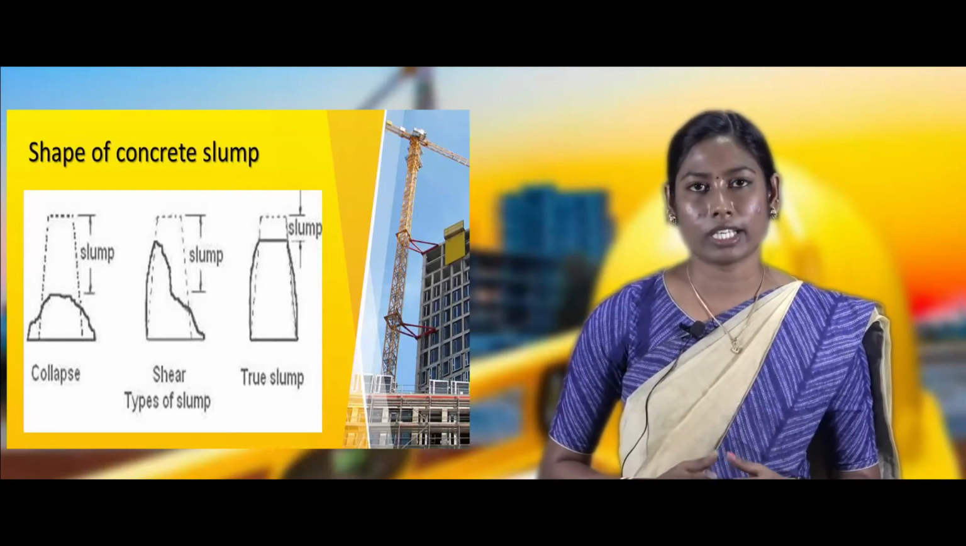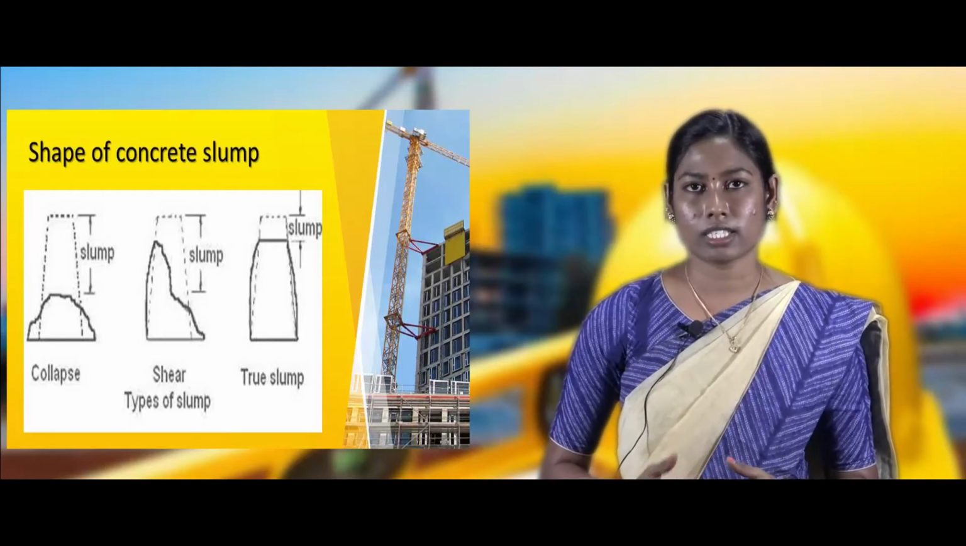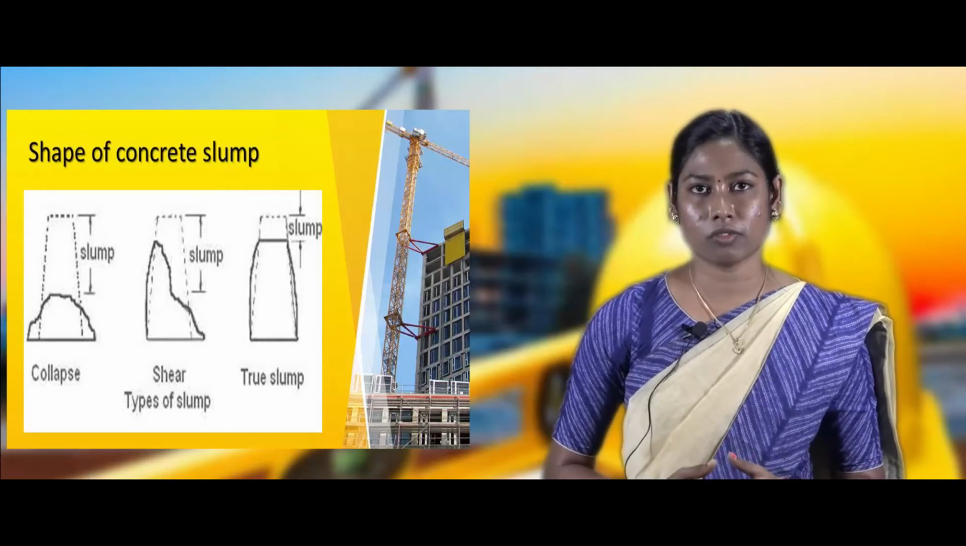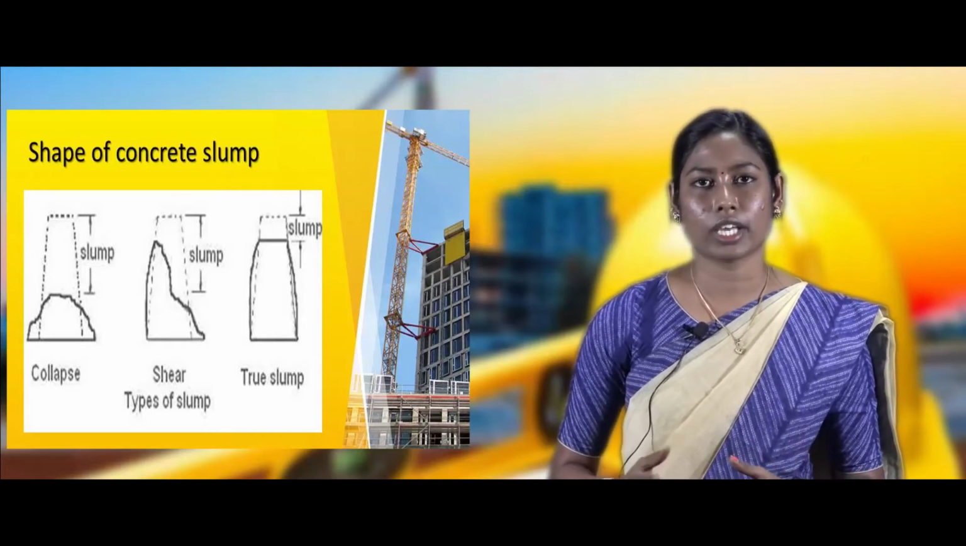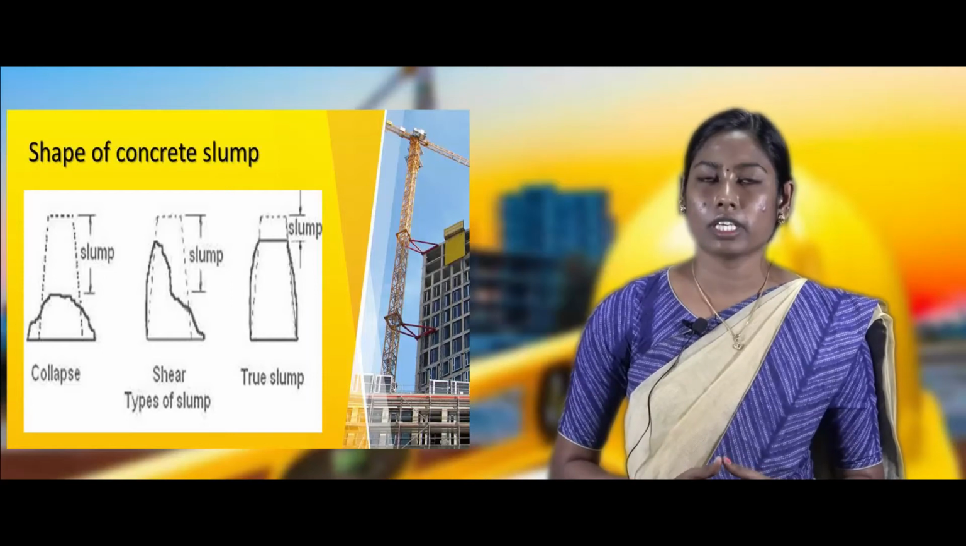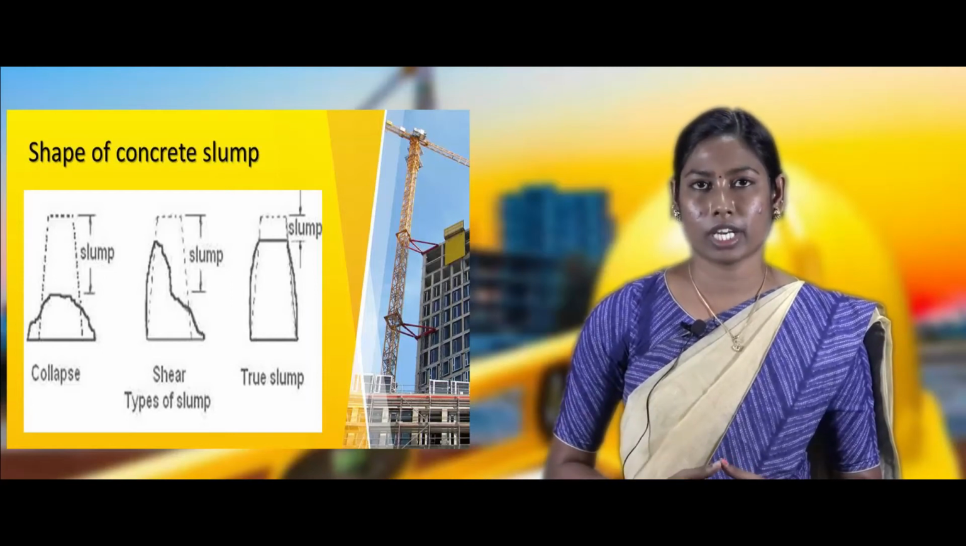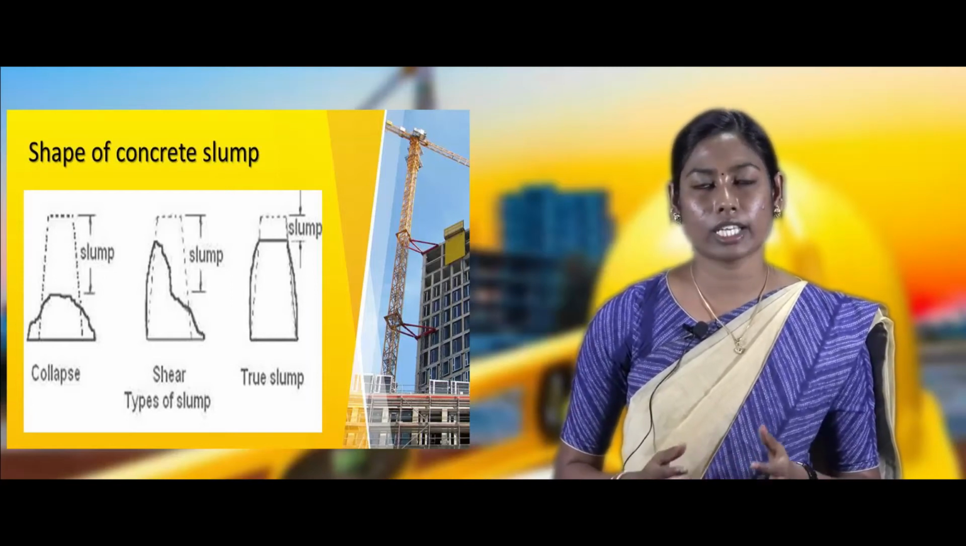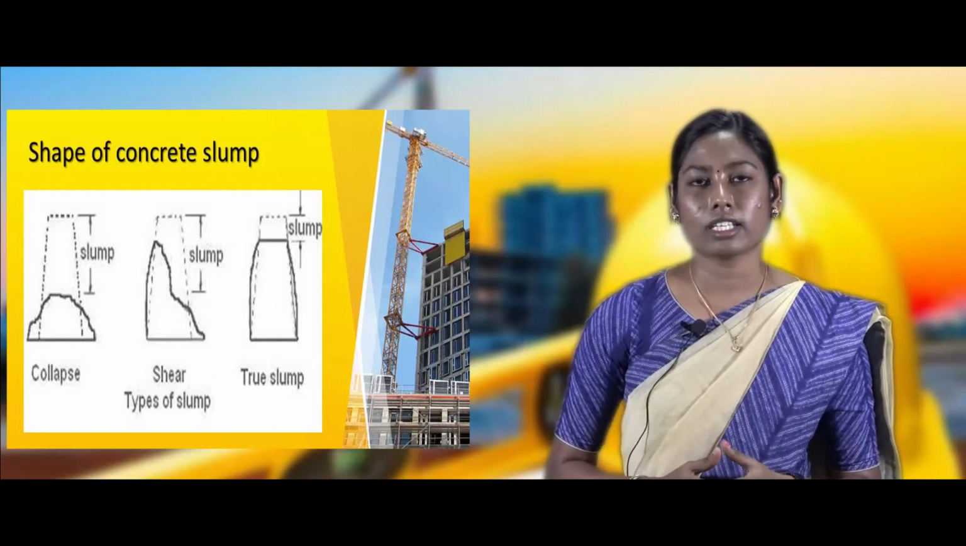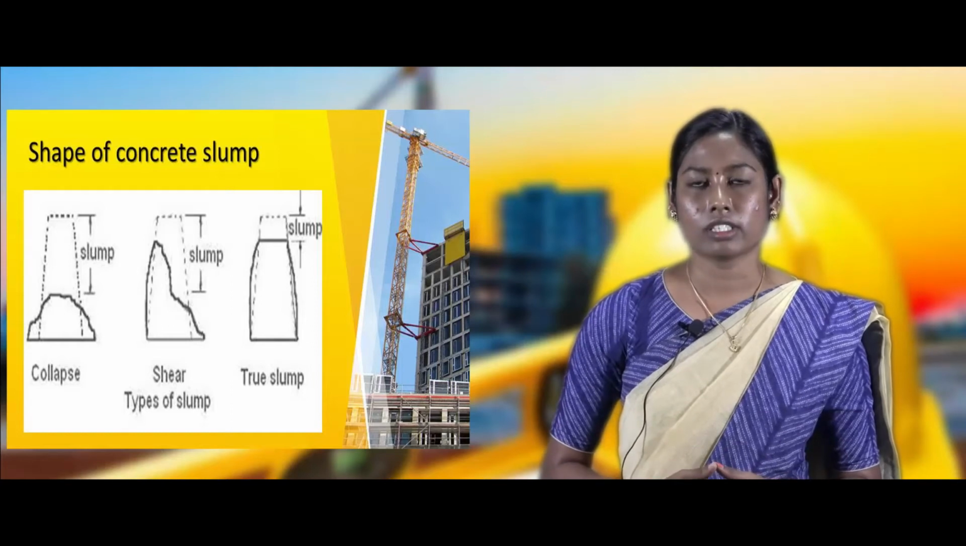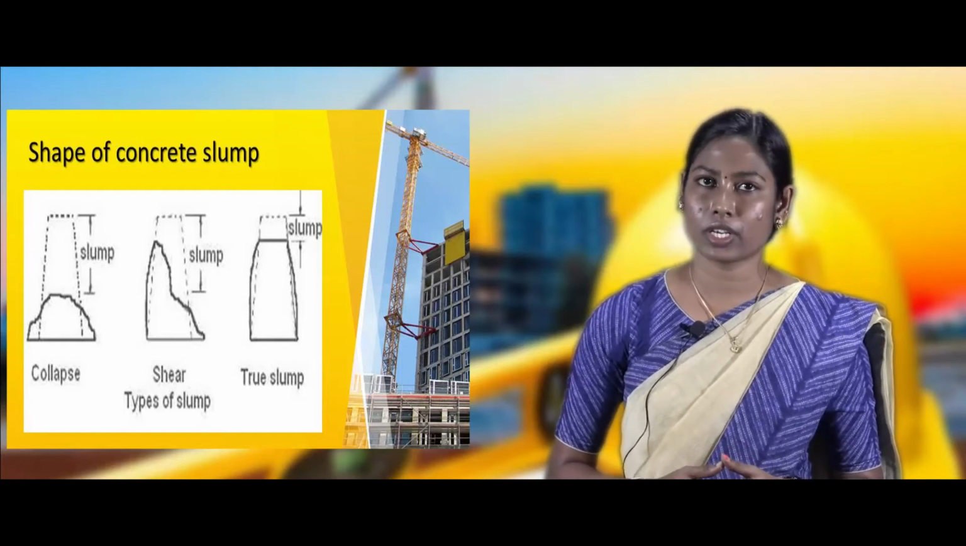True slump is the only verified slump, which indicates the measure as the difference between the height of the concrete to the height of the cone. Collapse slump is due to the higher water cement ratio. The shape of the slump is not a clear dimension. And then shear slump is similar to the shear failure of soil, which indicates the lack of cohesiveness in the